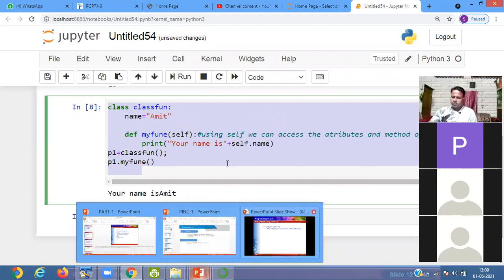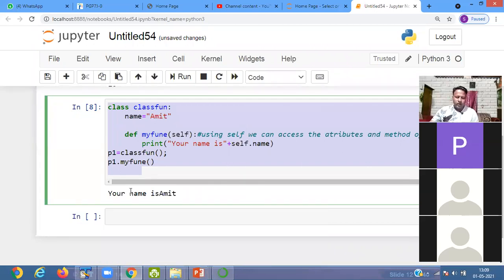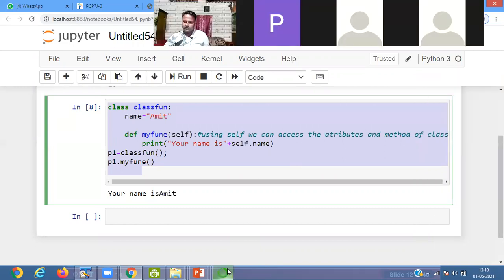Okay, so it is the way of creating a class, creating an object of the class, and through the object, how you have to call the function. So in the next class I will go for constructor, inheritance and polymorphism. Okay, first is constructor, then inheritance and polymorphism. Tomorrow I will share the time. Tomorrow also we connect. Chalo, bye.